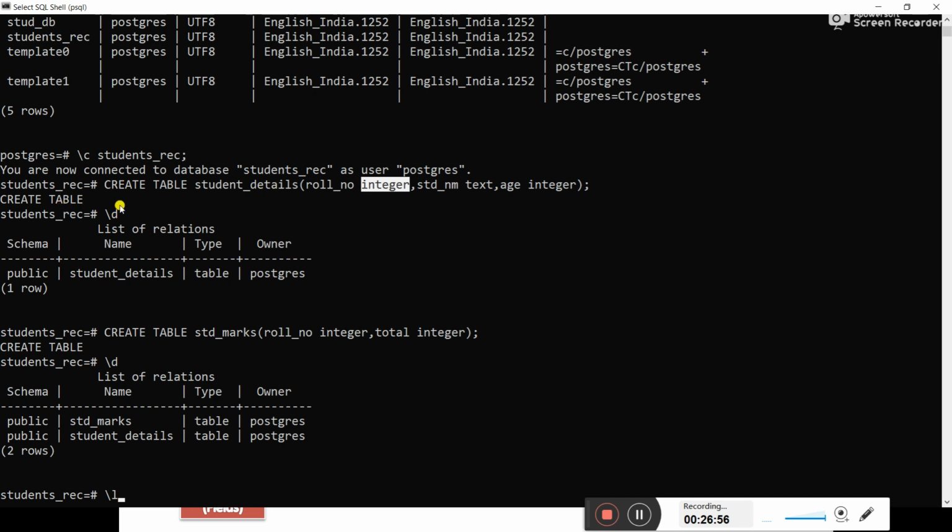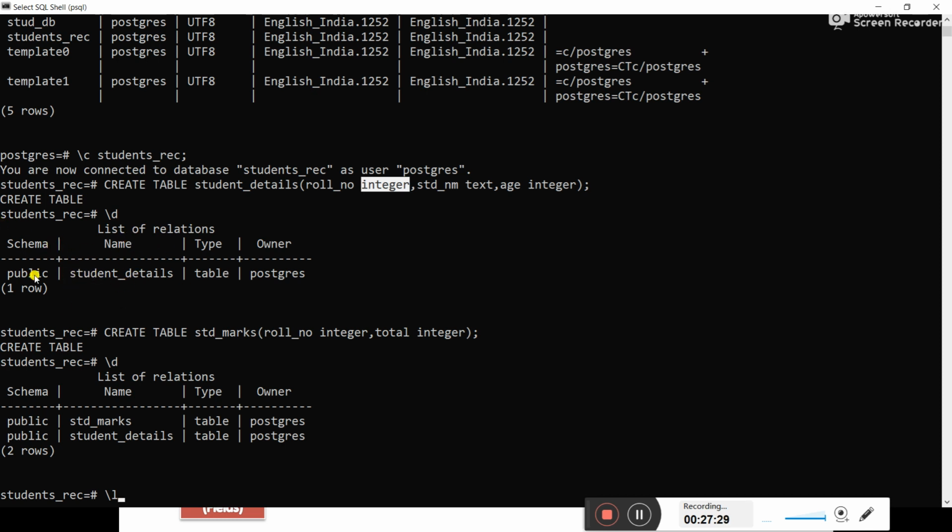Now how do we check the list of the tables in a database? To check the list of the tables in a database, we use the /d command. Okay, so /d, press enter, and you will get the list of the tables.